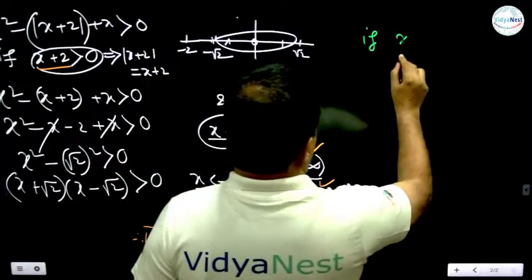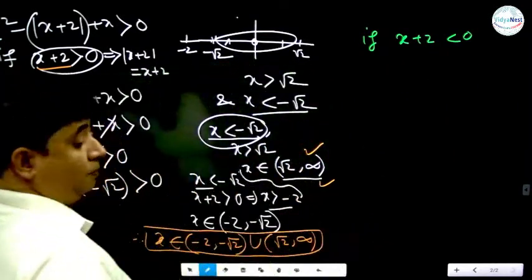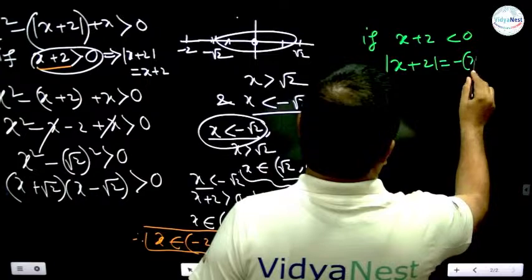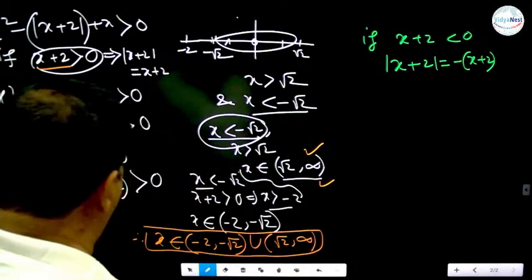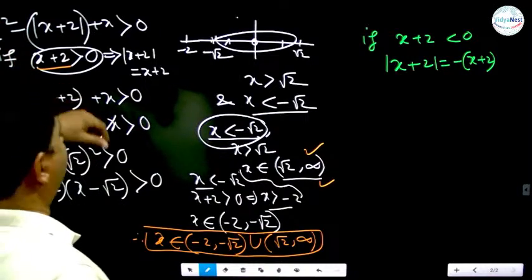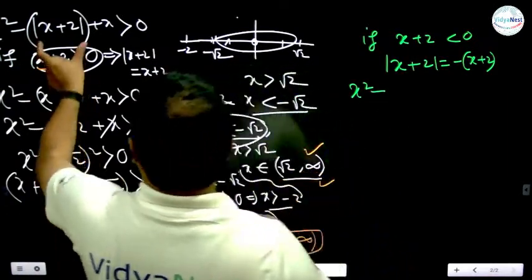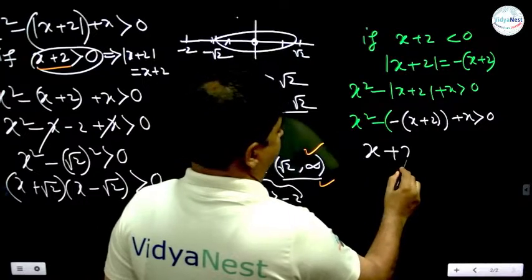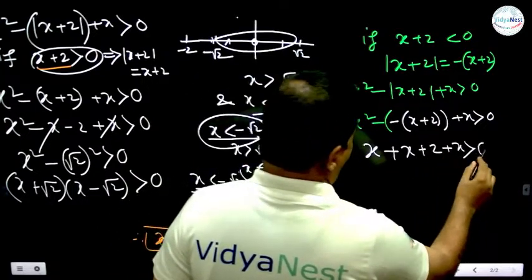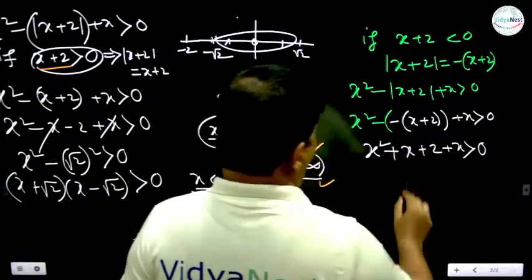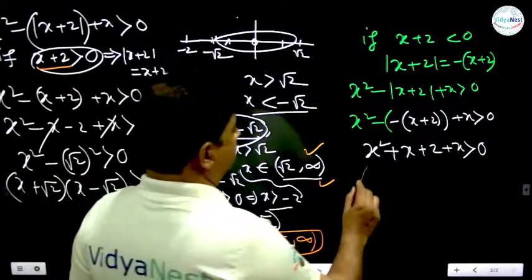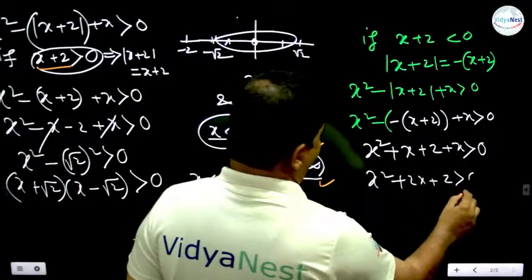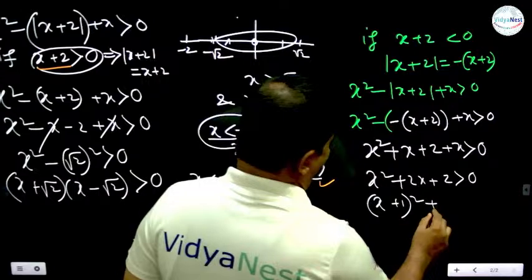If x plus 2 less than 0 हो जाए, यहाँ पे greater than 0 हुआ था, तब mod x plus 2 इज इक्वल टू माइनस x plus 2 होगा। ठीक है, तो यहाँ पे पुट करो x square plus mod x plus 2, so remove the bracket। See that will give you what? x square plus 2x plus 2 greater than 0, so x plus 1 whole square plus 1 greater than 0।